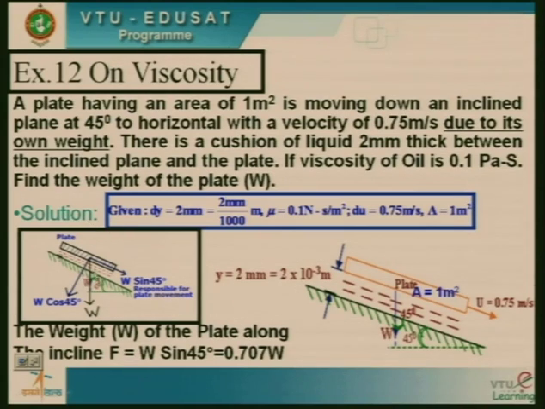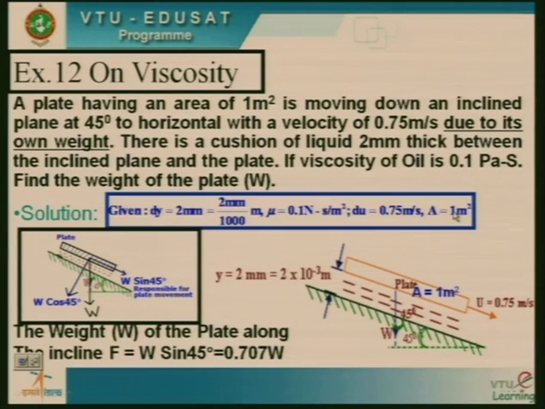Same diagram I showed you, W here, W cos theta and W sin 45. Is it okay? Given dy is the gap, which is given as 2 mm. 2 mm divided by 1000, I will convert to SI system. Mu, fortunately he has given you in Pascal second, which is direct, 0.1 Newton second per meter square. Change in velocity, assuming 0 velocity at the bottom, means here the du is given as 0.75 meters per second. Area is